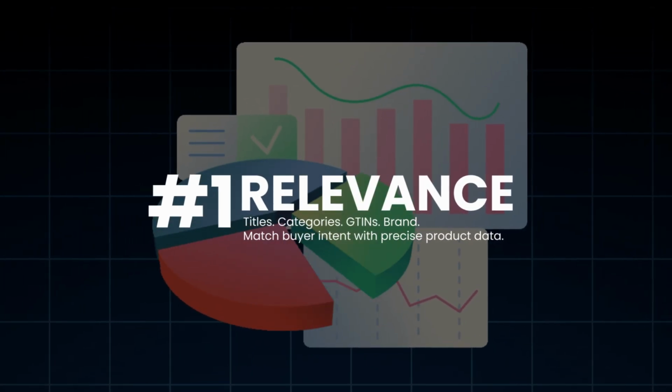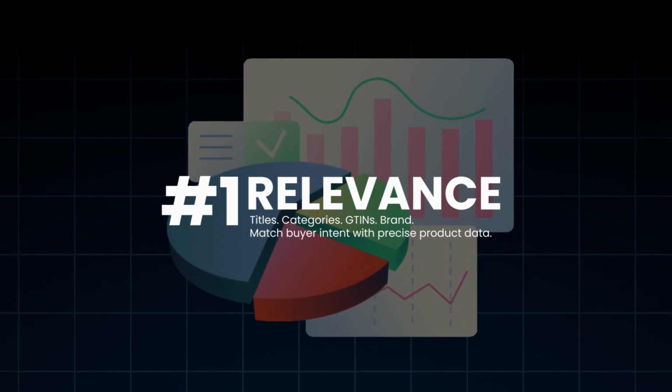In order to improve the feed, what we need to know is how Pmax decides which products get prioritized. So, when Pmax launches, it doesn't look at your catalog and try and be fair. It looks for certainty and prioritizes products where it can confidently predict the outcome. And that confidence comes from three very specific feed signals. Number one, relevance. Are your product titles, your descriptions, your categories, brand, and GTINs good enough to match real buyer